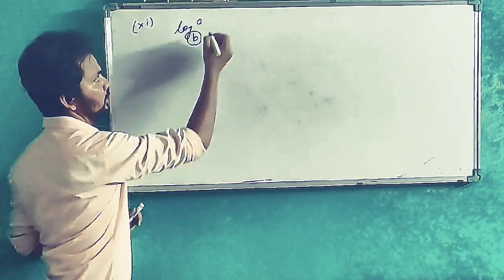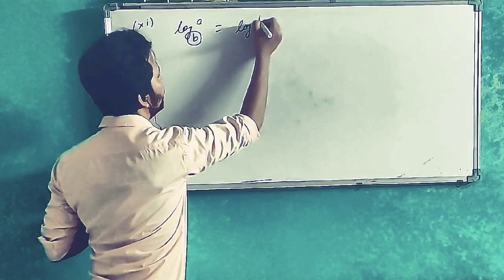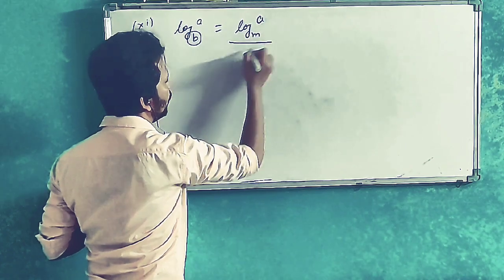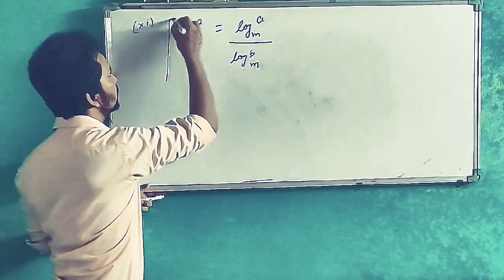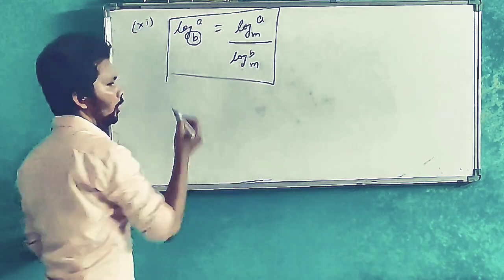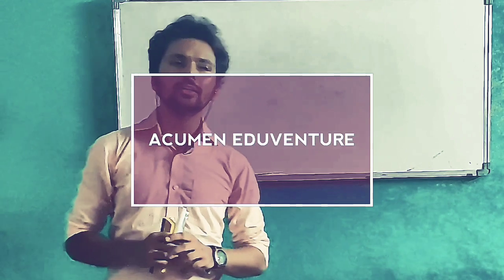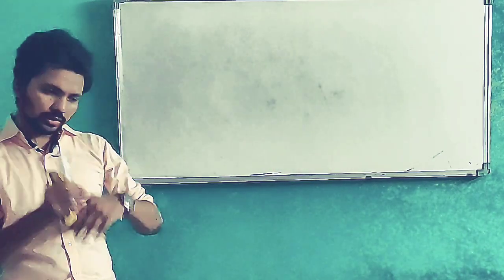So this can be written as log a base m upon log b base m. This property is called change of base. I have discussed a total of 9 properties of logarithms, and now I am going to summarize all the 9 properties that I have